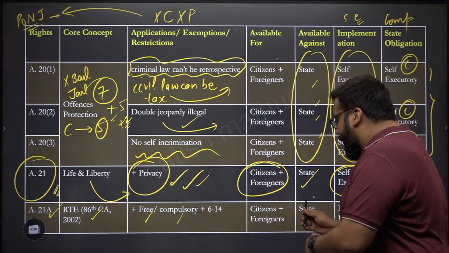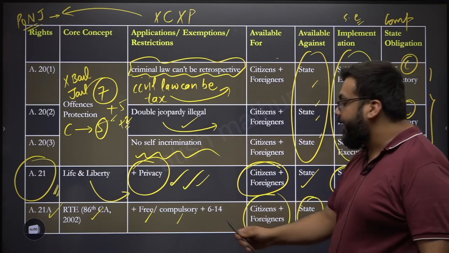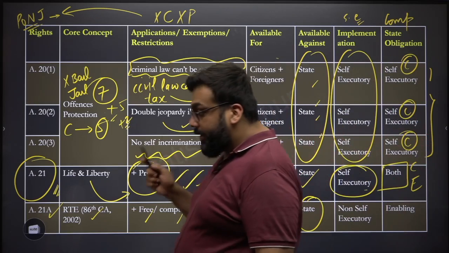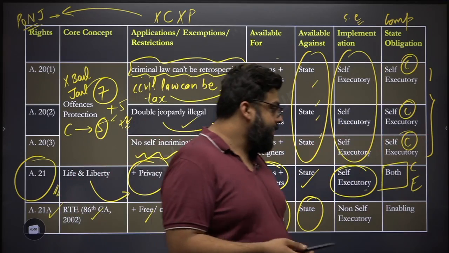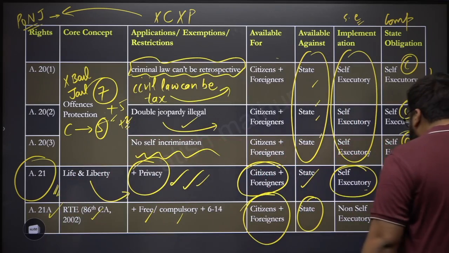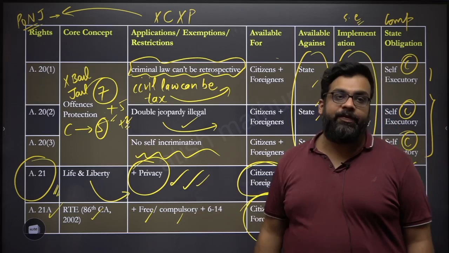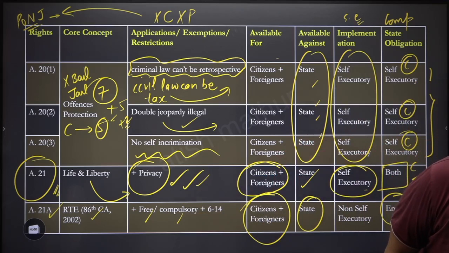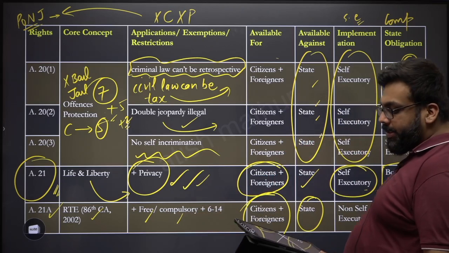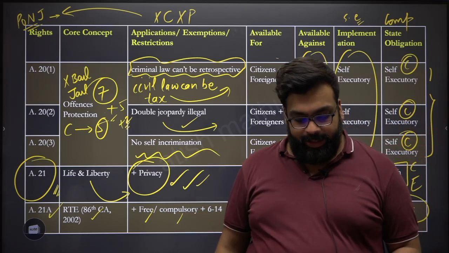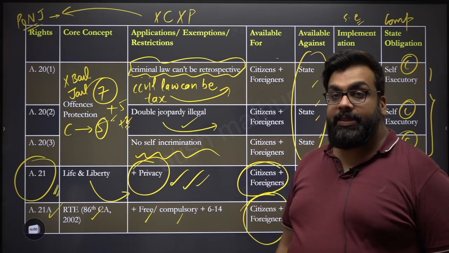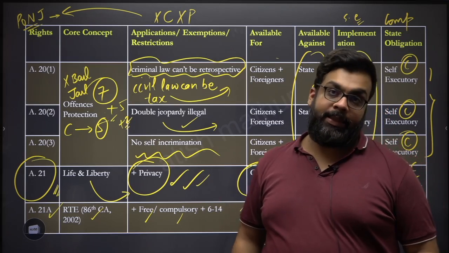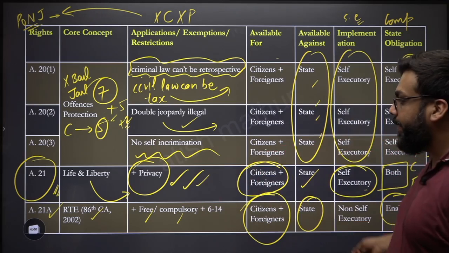It is available against the state but available for everyone. And the article itself clearly mentions that it is an enabling right and there will be a law made for it. Article 21A very clearly says the state shall provide for free and compulsory education of all children of the age 6 to 14 in a manner as the state by law determine, which means on the basis of this,